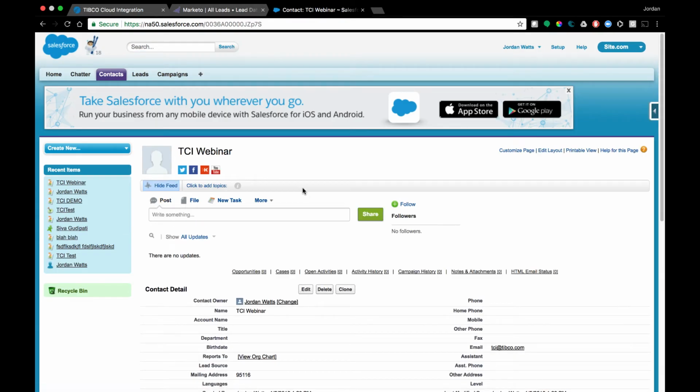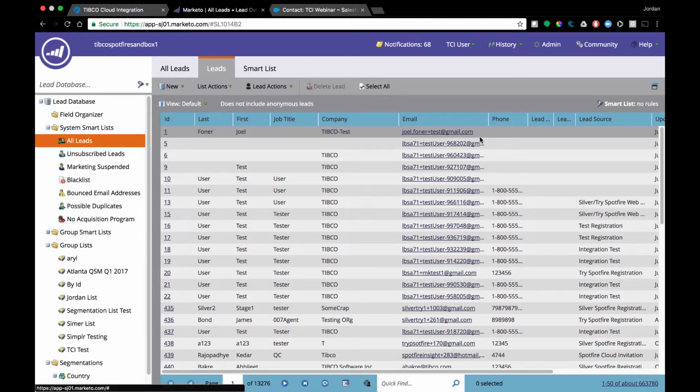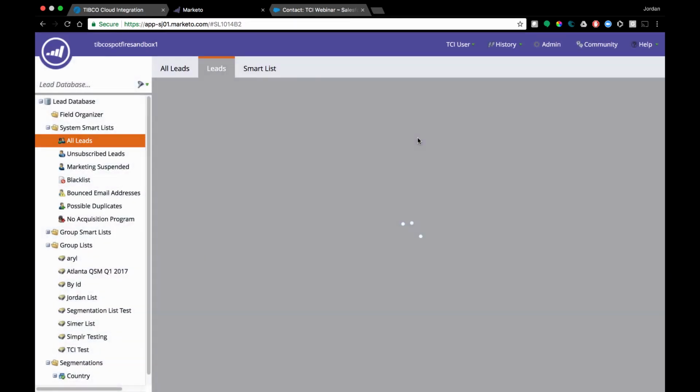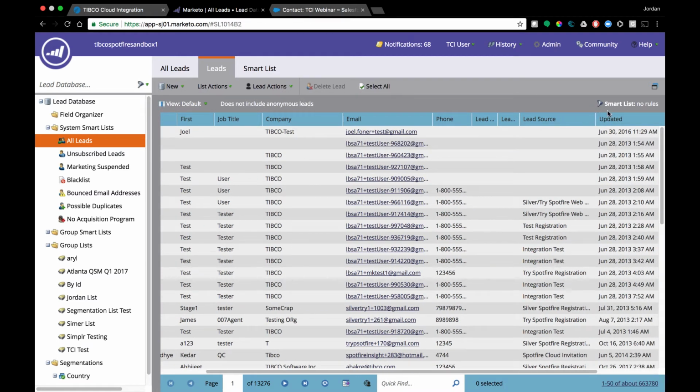And what's going to happen is when I switch over to that lead database, it's now going to update. All I need to do is refresh the page and filter my leads by the most updated.